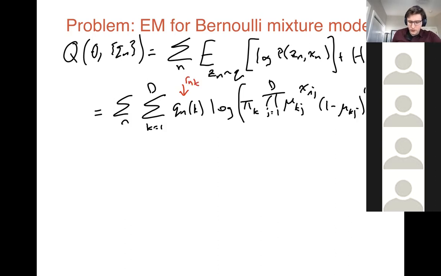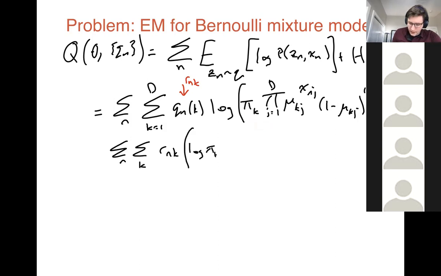RNK, just two names for the same thing. We're going to use that. So here we get sum over n, sum over k. I'm not going to bother putting a subscript r and k. Now our log is going to split things up here. We're going to get